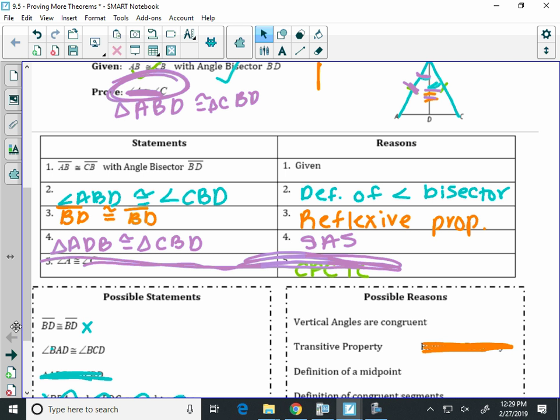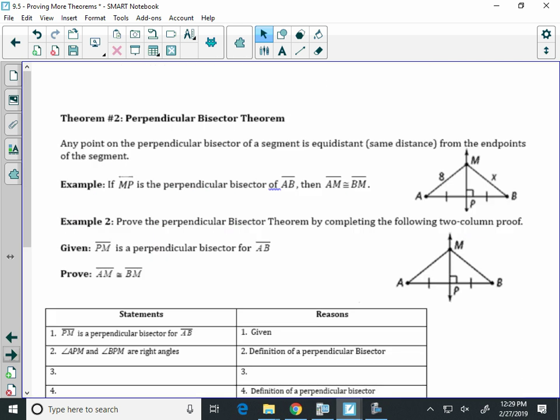Okay? This one, they don't really ask about, but it is one that they would like you to know, so I'm just going to show you, so at least you get more practice with these triangle proofs, and just figuring out what makes the most sense to put where. That's really what proofs are. Okay? So there's this theorem,